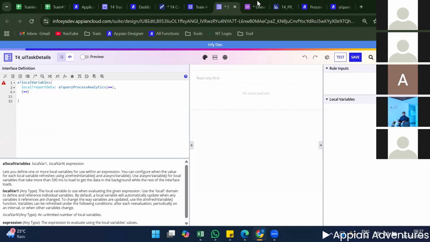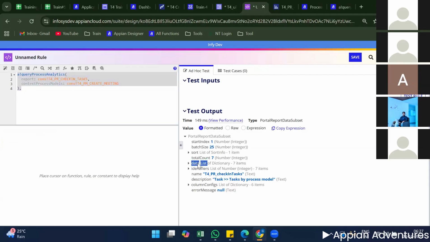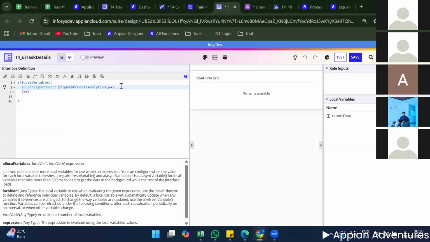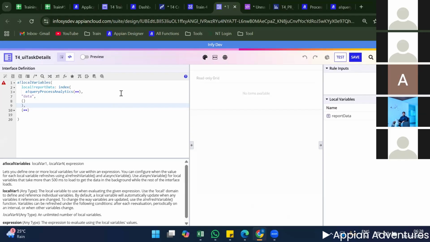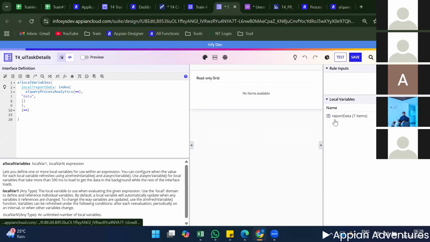And then I will index with the data. Here we have the data parameter, right? So I will index the entire data with the data parameter. Index of